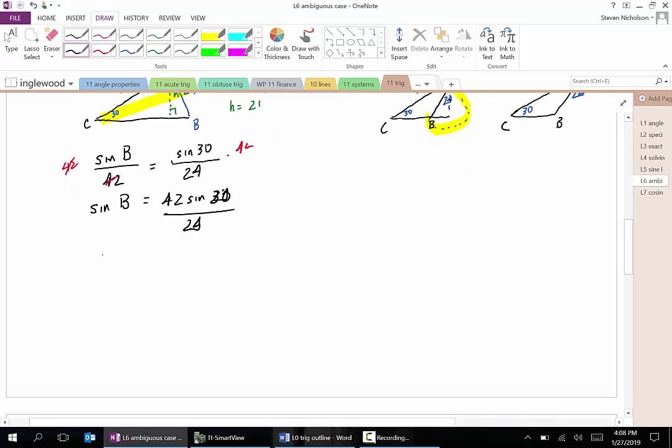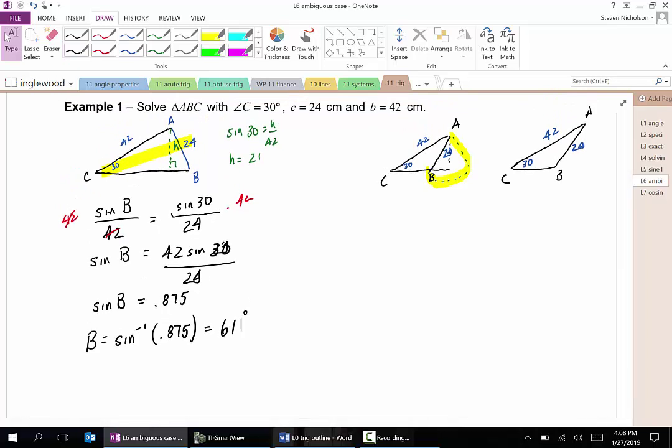And when you punch that into your calculator, you get the sine of B is equal to 0.875. And again, in order to find angle B, we're going to take the inverse sine of our ratio, and we're going to get 61 degrees. So here's an example. Given this information,